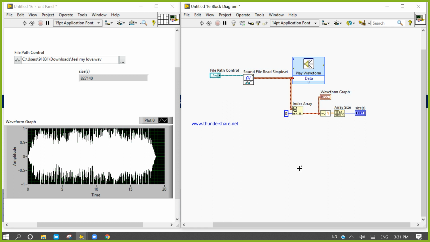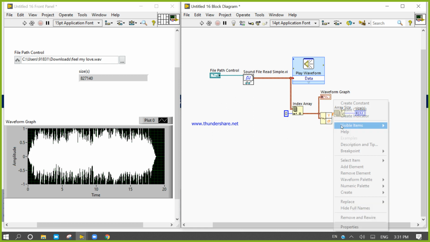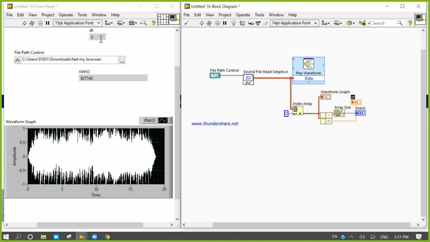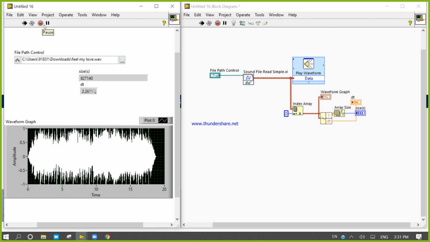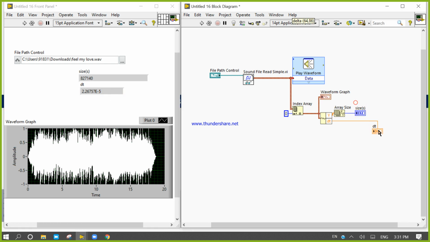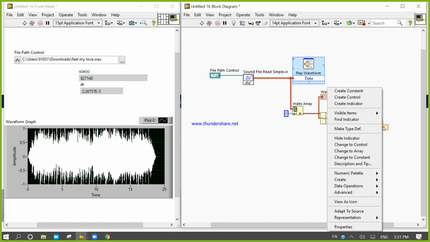In this our song. And what is the sampling rate? If you want to know the sampling rate, for that dt, right click, create indicators, and if we run it for this feel my love song, what is the sampling rate? It's too high.